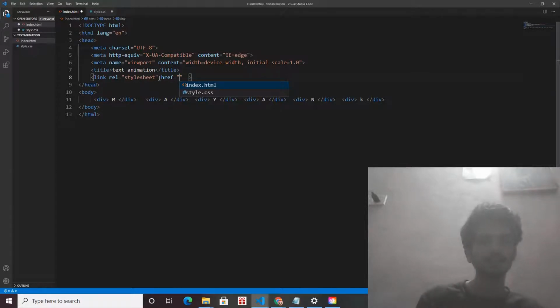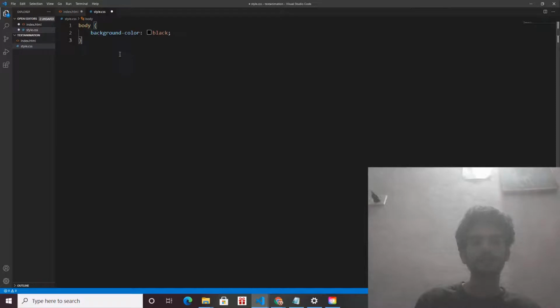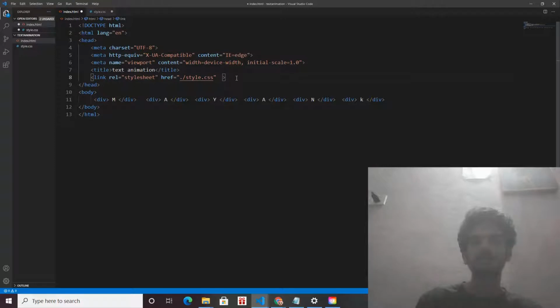It is present in the root directory, and this is my path structure. The href attribute looks at this path and applies this code to the HTML file. That's the reason we saw the black color and other colors. This is how CSS works.